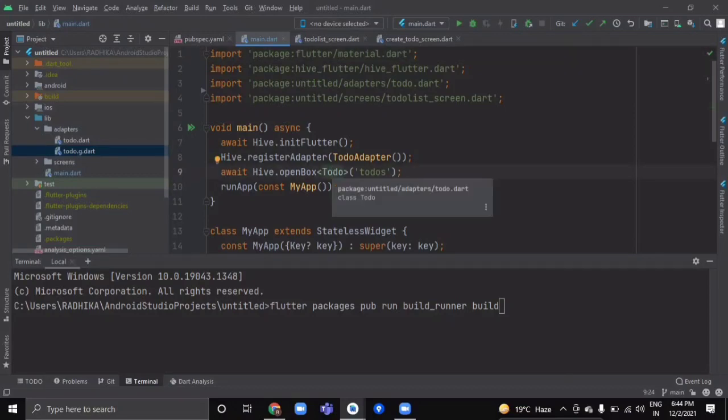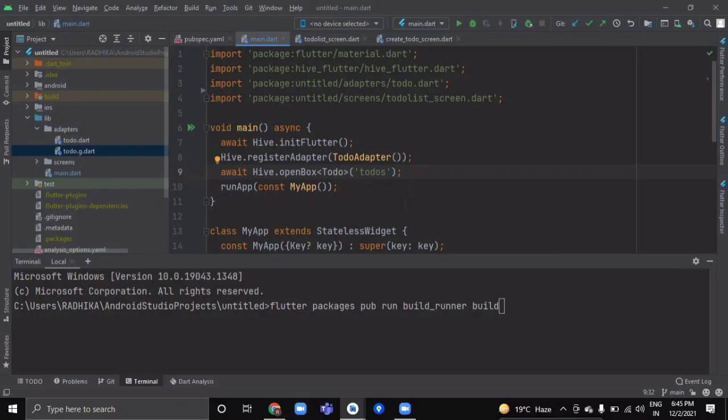If you want to store some specific data type inside your database, and you don't want any other type, but you want these particular objects or this particular list of objects to be stored inside your table, then here you can write its type. So here we are writing Todo.